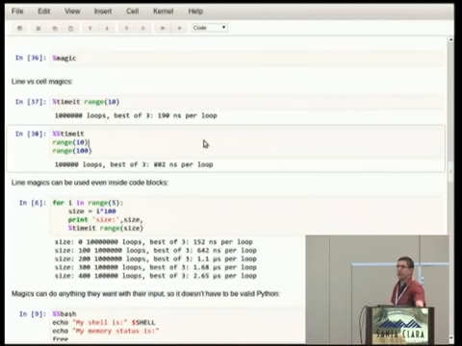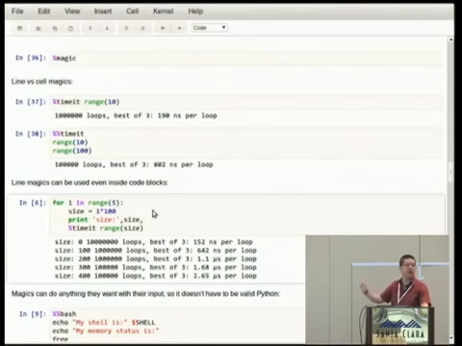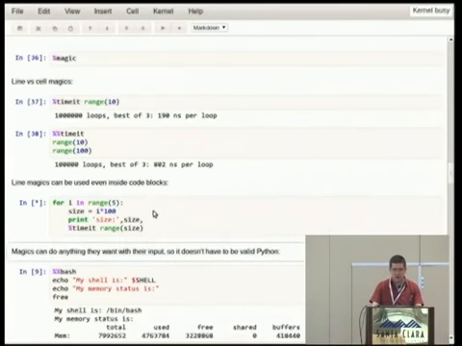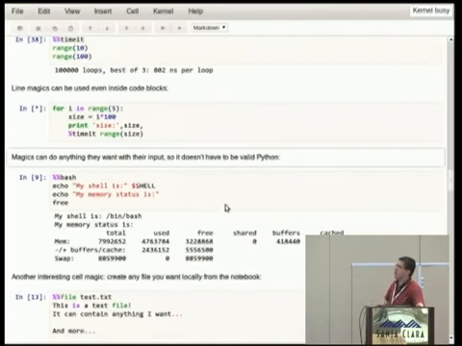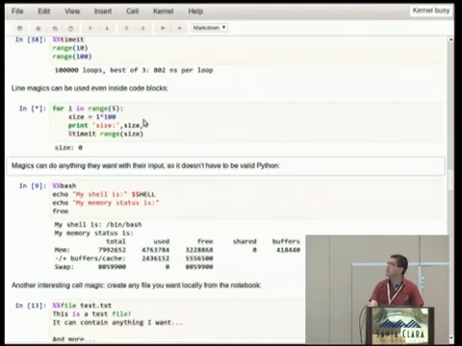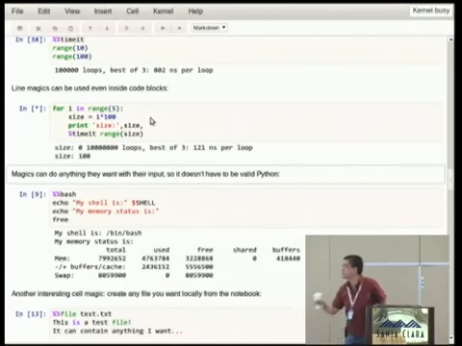So the magic system, in summary, has 2 styles of usage. Single % applies to just what's on that line, and we call them line magics, and double % applies to the entire block of code. Now, because the single % ones apply only to the current line, you can actually use them in a loop or in other blocks of Python code, just like you could put an exclamation mark in the middle of another chunk of Python. So here, let's say that I want to run some code and then do timeit on a specific expression that depends on that context. Well, I can keep calling timeit within my block,